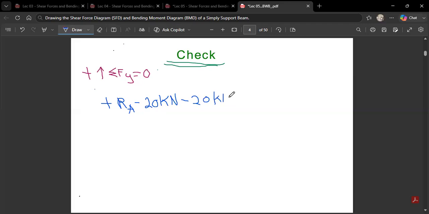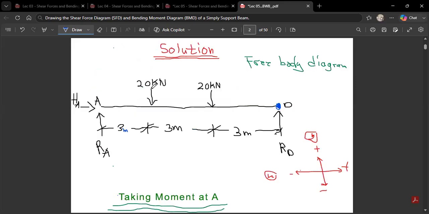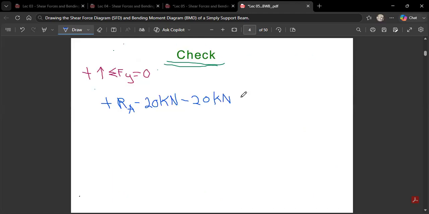Okay. Let's go back to the free body diagram again. You see, this guy is moving downwards. Look, if you are moving downwards, you are negative. So negative 20, negative 20. And then the RD is moving upwards. You see, it is positive. So these are the tricks we are using. So this becomes what? Positive what? RD. So I put over here positive RD. You see,